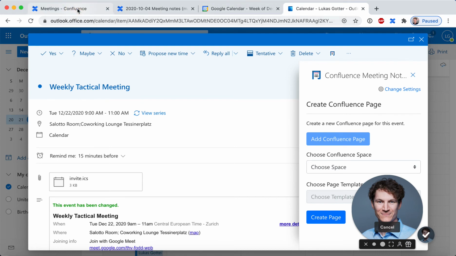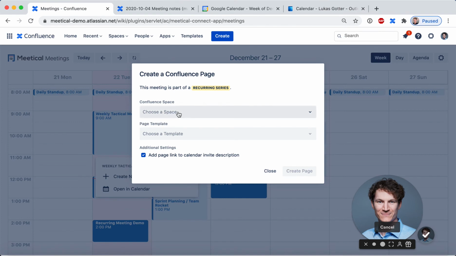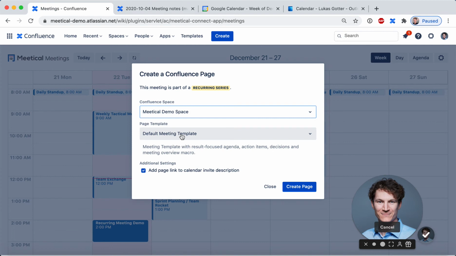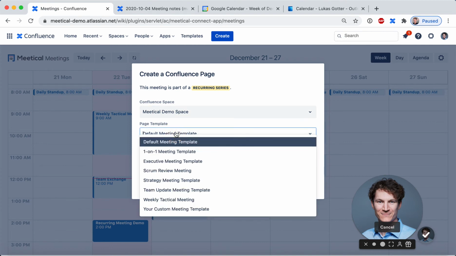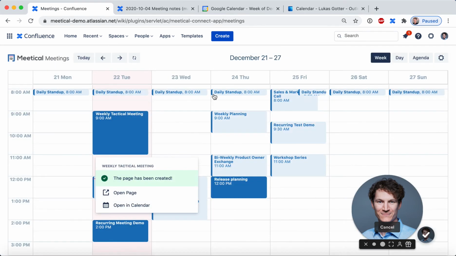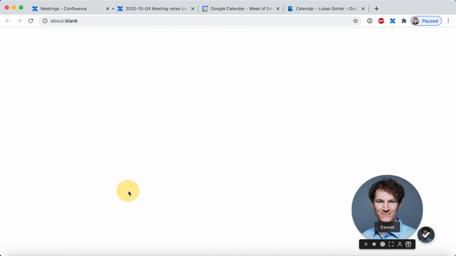So let me use the internal calendar for this demonstration. So I choose my space and I'm using here the weekly tactical meeting template, one of the included templates. I also choose to add the page link to the calendar invite description. I create a page from here, and since this is a recurring series, we will shortly see that Meetical not only created this page for the meeting,